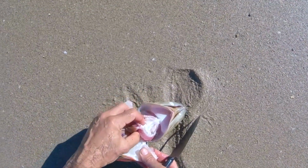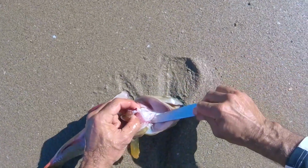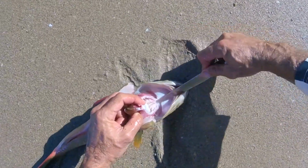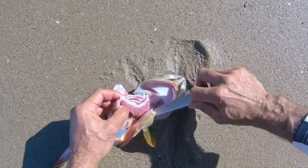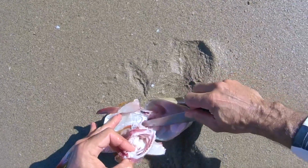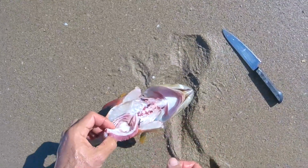So you lift the gills up, and then you just want to score around the top of the gills, because that's the other place. It's connected at the front and at the top here. So we just cut the gills out like so, and this side as well. There we go. Now if I haven't cut too far down, what happens is his whole intestines